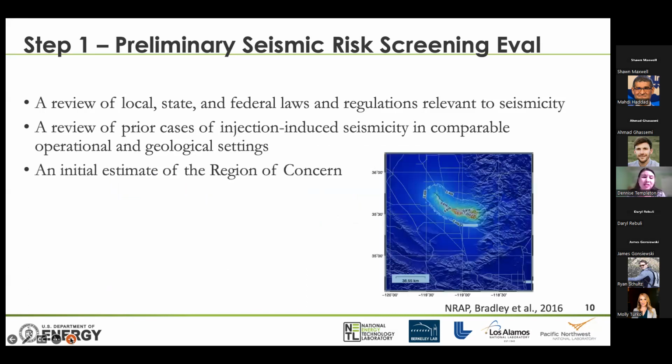We will also need an initial estimate of the region of concern. And so this is really just a first order generic ground surface area region that could be negatively impacted by the induced seismicity, essentially throughout the lifetime of the project, actually. So we know that the region of concern is governed by many factors in actuality, like the reservoir size, the geology. But here we're just doing a rough estimation. And so we need an estimate of the potential maximum magnitude seismic event, where we expect these events to occur within the subsurface, and then estimate the ground motions associated with those.